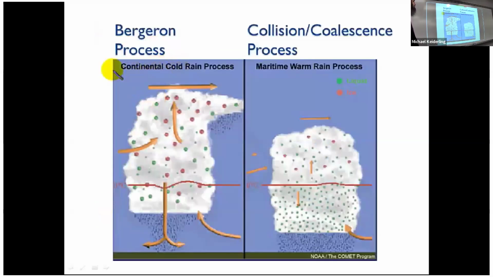So to compare what we have going on, this is our continental and some oceanic cold rain process where we have these tall clouds, really high vertical extent above the level at which the temperature is freezing. And so a lot of the formation is occurring as ice crystals. And if we have clouds that are lower down, where a lot of the cloud is below the level at which freezing temperatures occur, then we have the collision coalescence process becoming